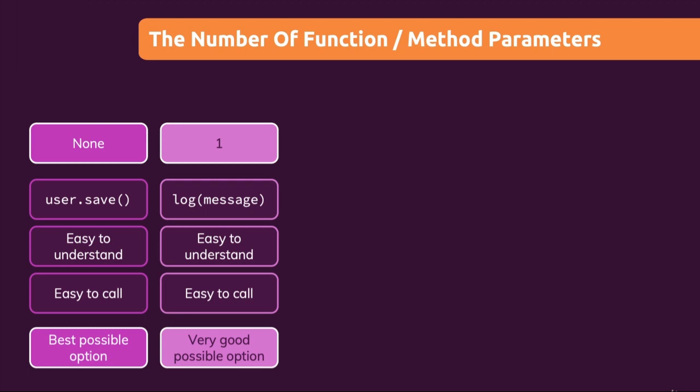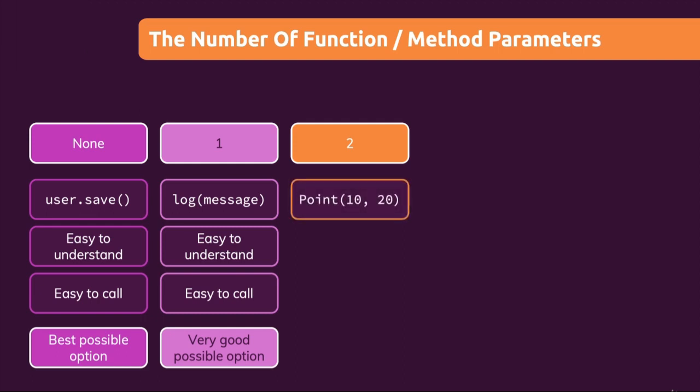Now it already becomes a bit more tricky if you have two arguments, two parameters which need to be passed in. For example, if we have a point object which we can instantiate by calling its constructor, which this code could do, where we then pass in two arguments, let's say the x and y coordinate of that point. This is still okay to understand because it is kind of common sense that probably the x value is the first argument and the y value is the second argument,